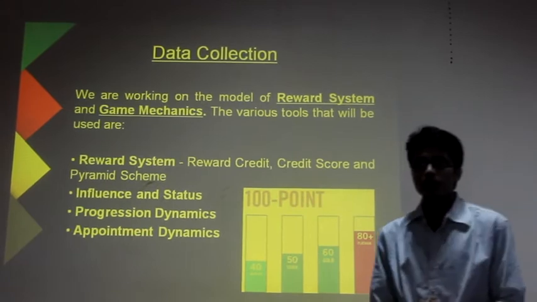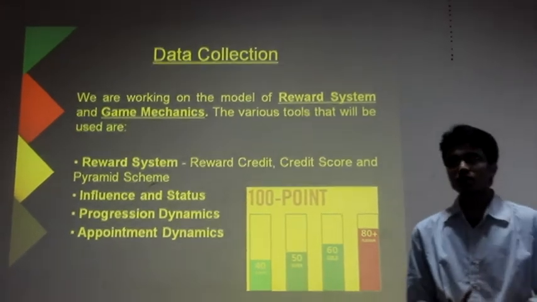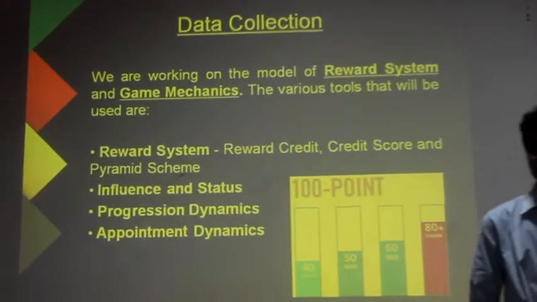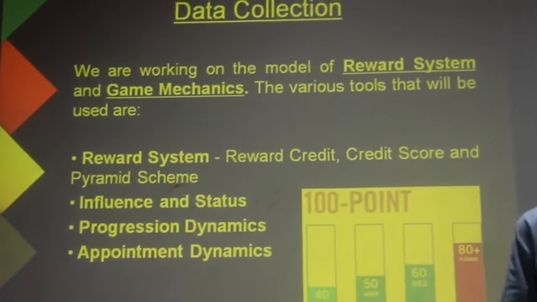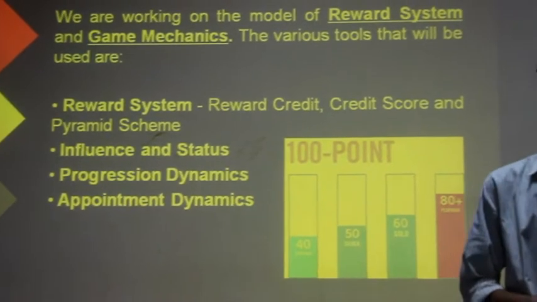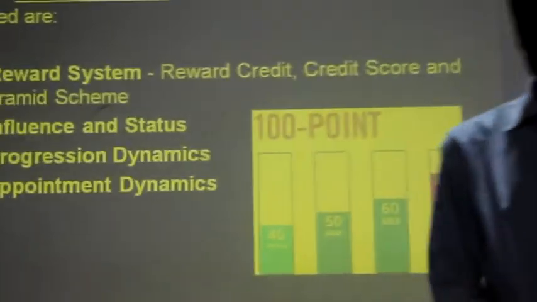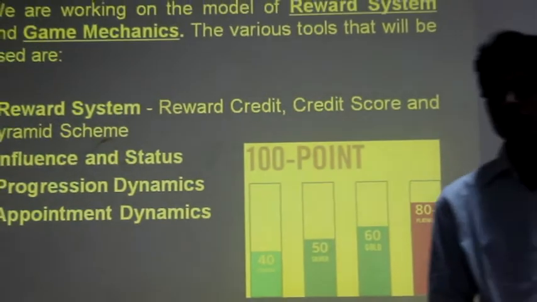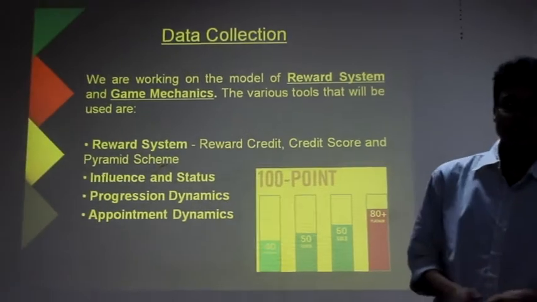Next comes the most important part, which is the data collection. It has two models, the reward system and the game mechanics. The reward system has three aspects: the reward credit, the credit score, and the pyramid scheme. So every user who enters billboard information would be given a reward credit with which he can buy coupons of various denominations. The credit score defines the status of the user and will help him in winning the monthly and